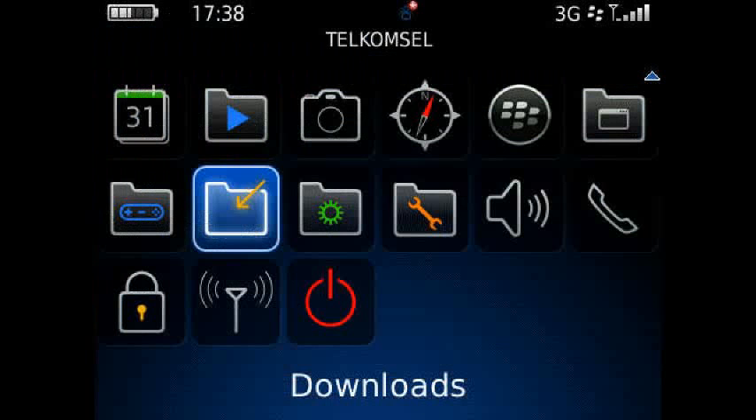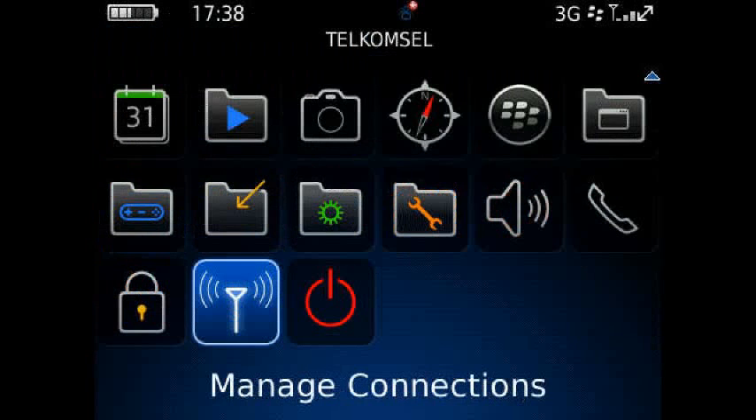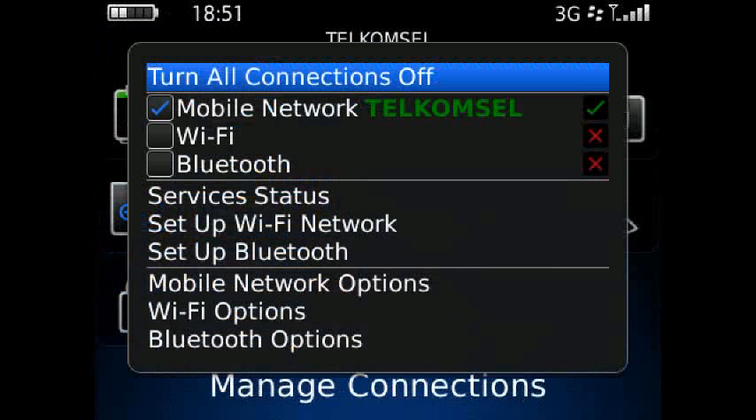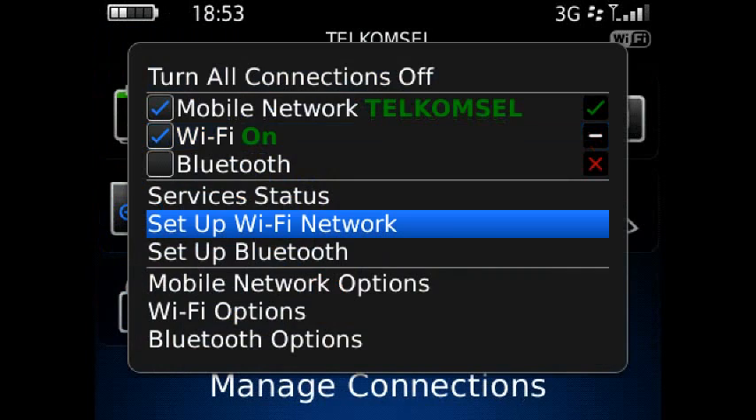So after you download it, go to the download folder. In this download folder, there is the advanced Wi-Fi proxy which we already downloaded from Blackberry World. And now I'm going to try to use it by going to manage connections. What we must do first is connect our Blackberry Handheld to a Wi-Fi access point. Just turn it on, set up a Wi-Fi network,